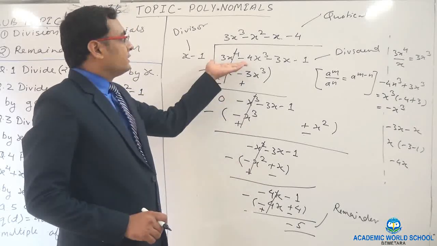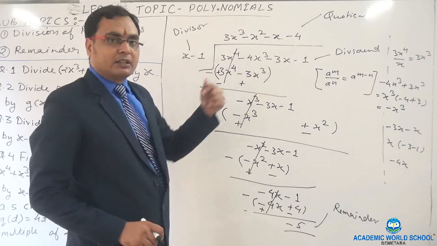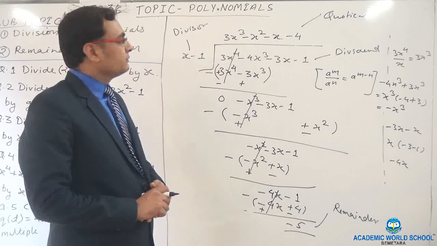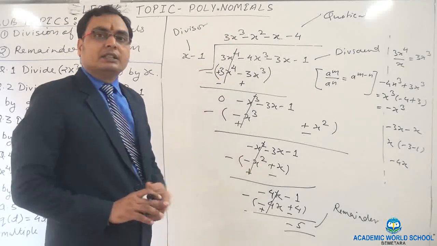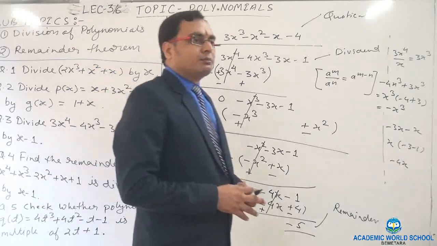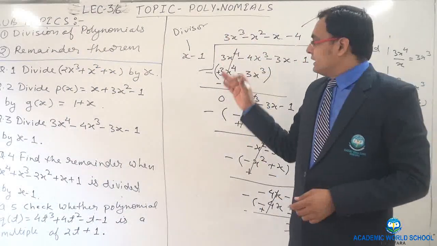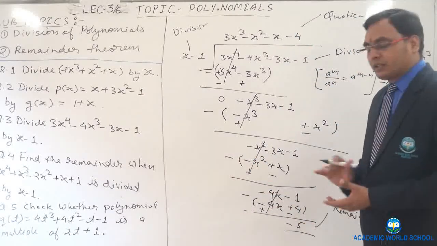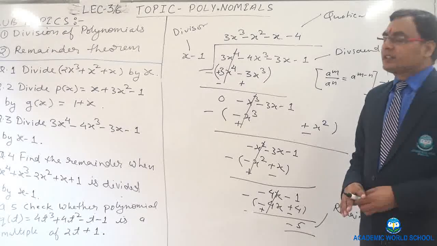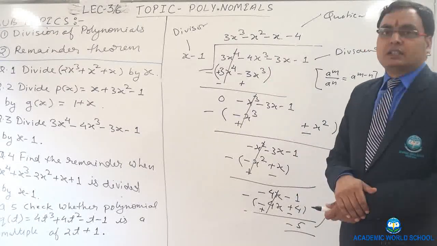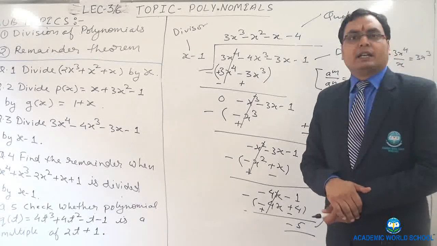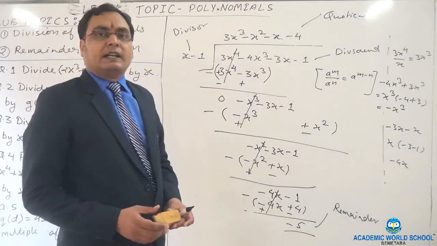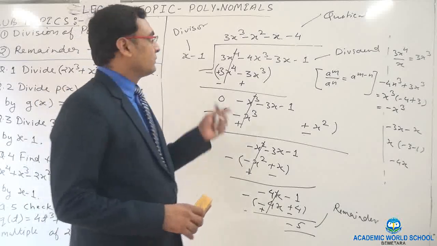Here we divided this biquadratic polynomial having 4 terms by this linear polynomial which is actually a binomial having 2 terms, and we got our quotient and remainder. But suppose many times we need not divide the whole polynomials, but if we want to find the remainder only, then instead of doing this long division, we find the remainder by the remainder theorem. How we got the remainder theorem and how it is useful, first of all we will discuss that.